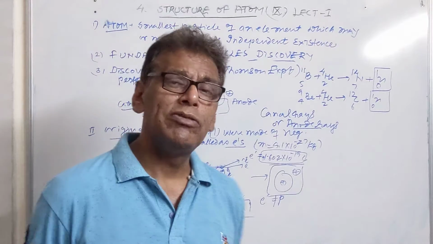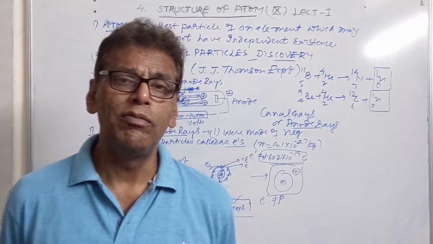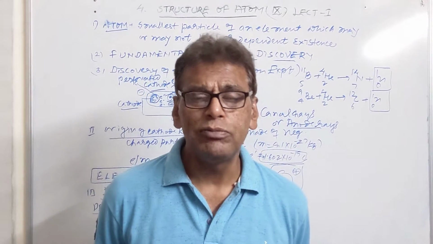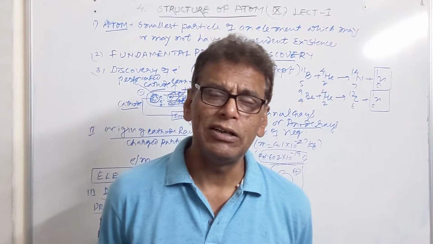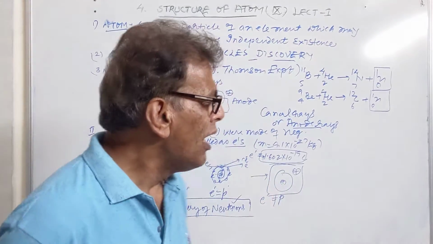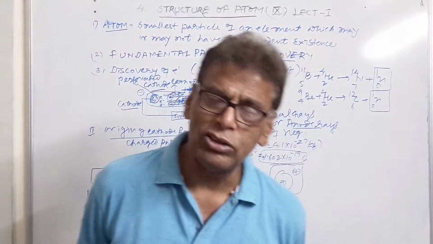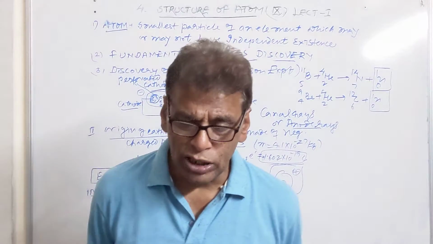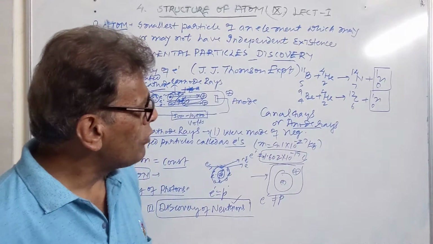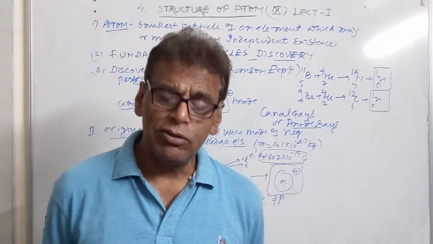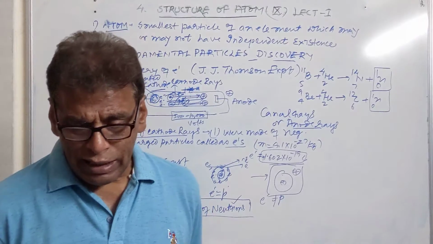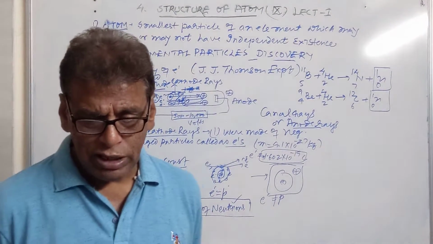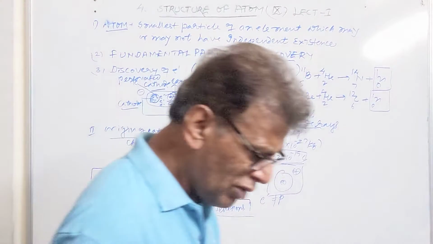So he gave his model of atom and considered the atom to consist of two parts. Number one, the nucleus. It is a dense positively charged center situated in the center of the atom. It contains protons, around which there are a large number of electrons which revolve in different circular paths. This was the extranuclear part of the Rutherford model. So after this, the structure of Rutherford was given, and there were other attempts also. We'll consider them after defining the Thomson model.